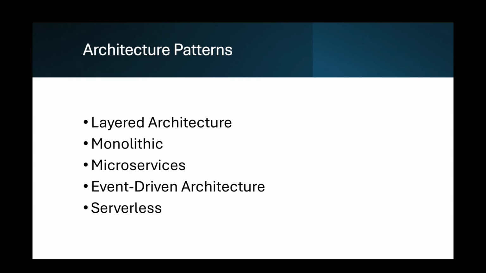Architecture patterns are reusable solutions to common problems in software architecture design. These patterns provide a framework for structuring systems, making them easier to understand, develop, and maintain. By using architecture patterns, architects can ensure that systems are scalable, flexible, and robust, while also meeting the specific needs